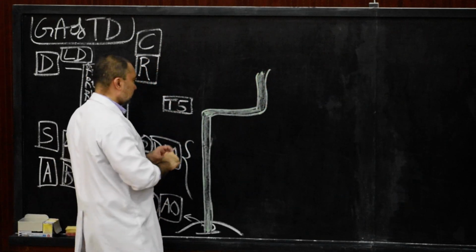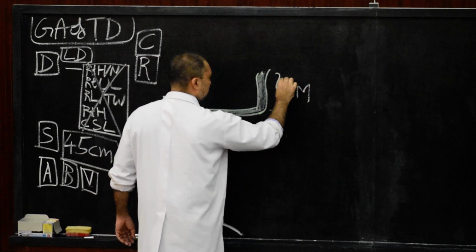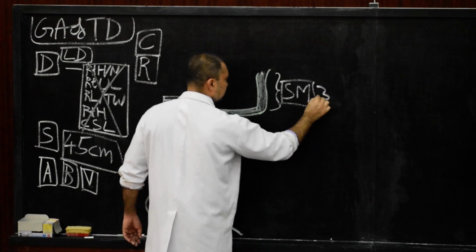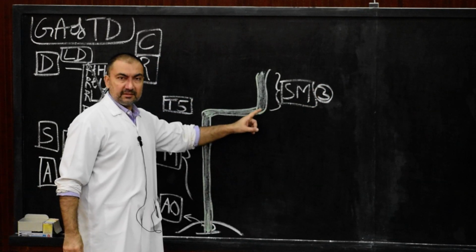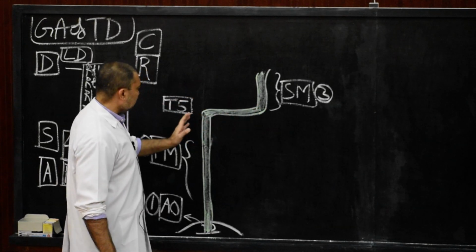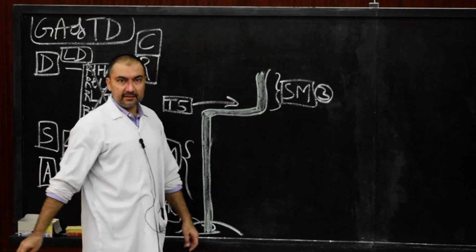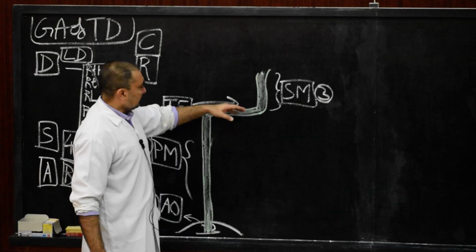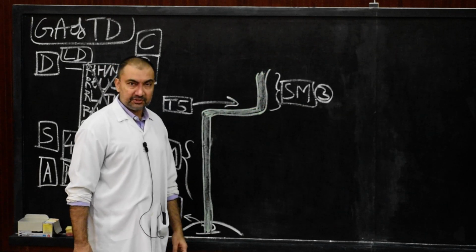So therefore, the third part, the superior mediastinum, I will mark it as number 3. Then at the level of T5 it has crossed to the left side. This point is important. And then on the left side it will enter the superior mediastinum. That is part 3, phase 3.